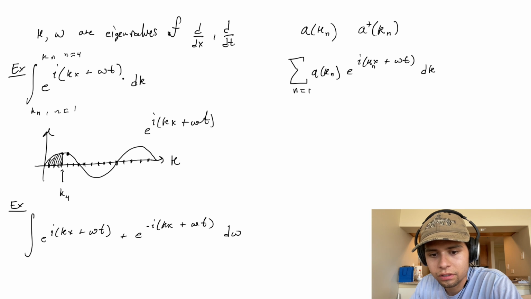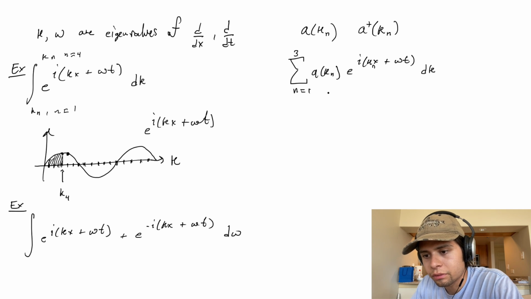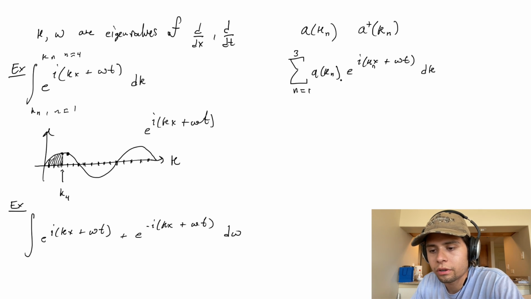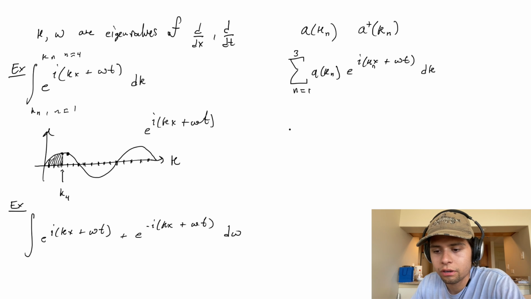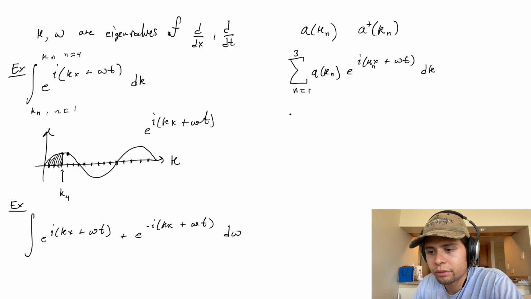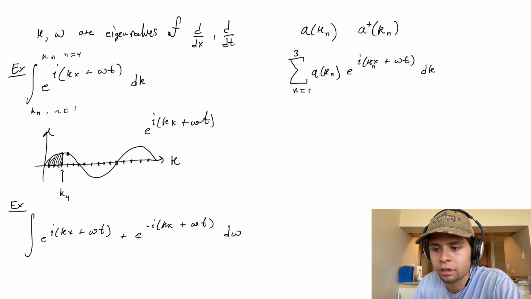We're not really finding an area per se with this notation here, but say we wanted to go to n equals 3 here. We're adding here. This is a Fourier transform. I haven't really gone over Fourier transforms, but what we basically have going on here, and this took me a while to realize, is a series of waves, and each wave has a different value for k. And if we know that k is some sort of proxy for momentum,